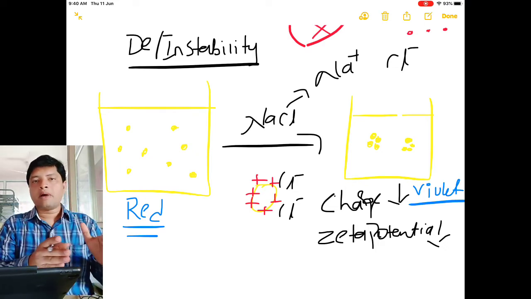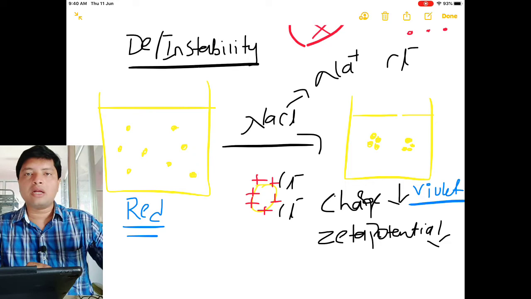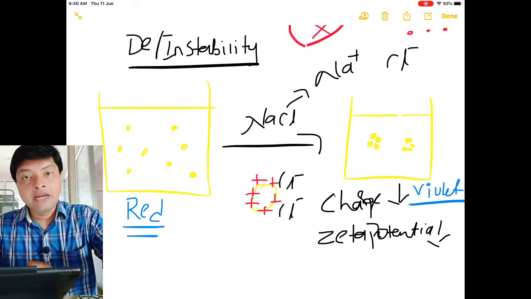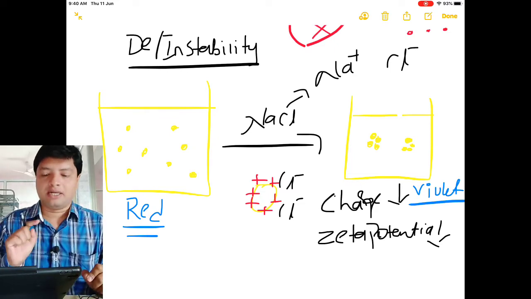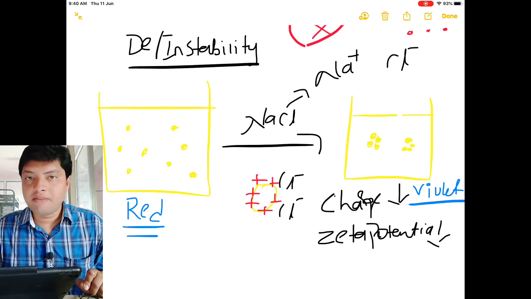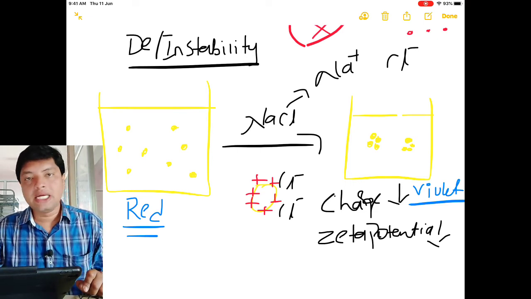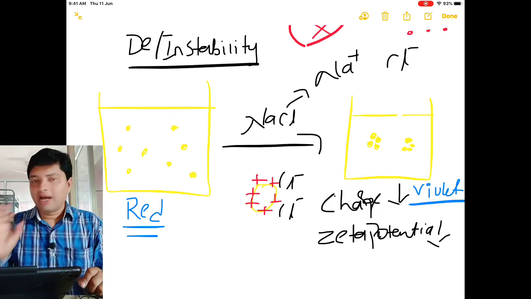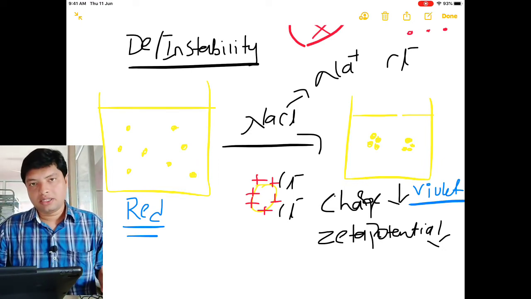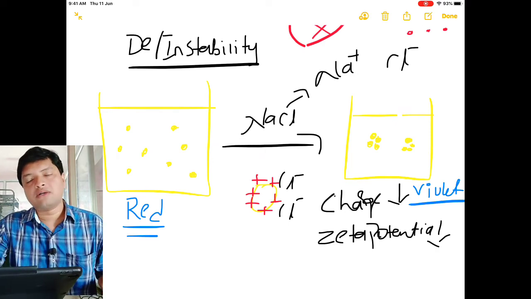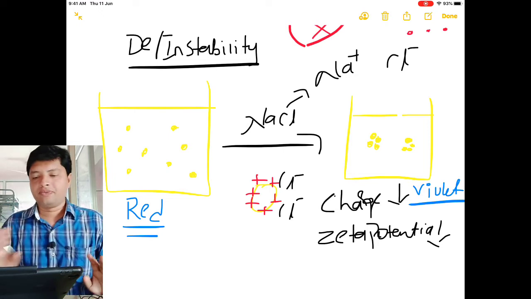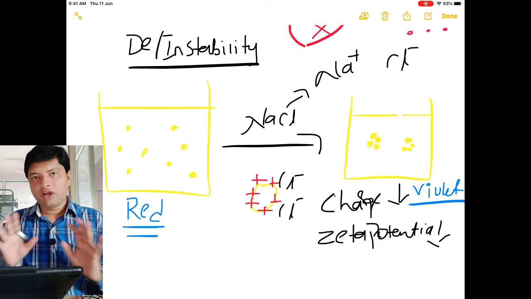That is the 1 point. The second point is the color of the colloidal particle. When it is in stable, individual form, it is red. When the colloidal particle is in unstable, aggregated form, the color will be violet. Remember this. Due to addition of salt, due to addition of electrolyte, there is a color change from stability red to instability violet. Okay. So this is the part of lyophobic colloid.